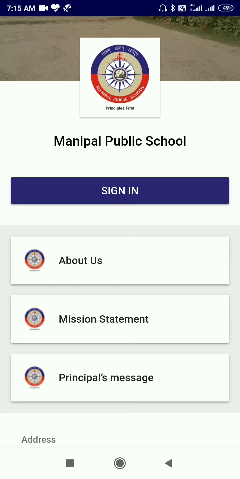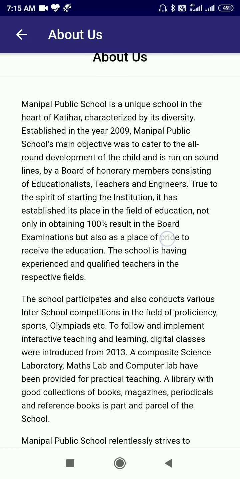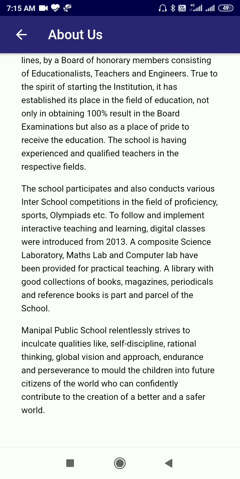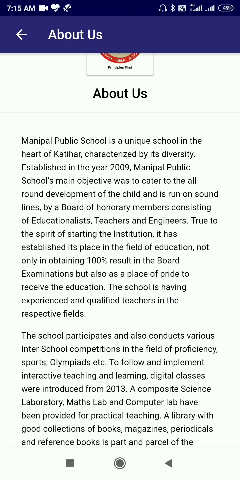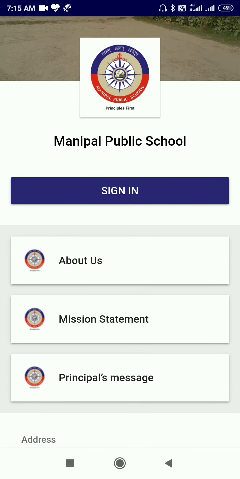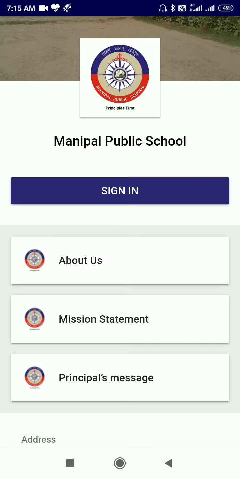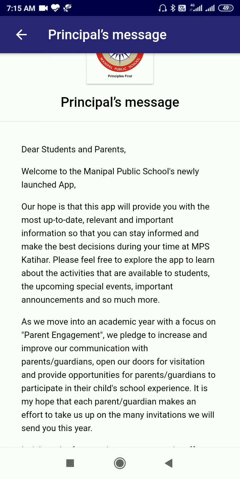If you want to read about the school, just tap on about us and you can go through all the details about the school. Next is mission statement, and if you want to read the principal's message, here you can.